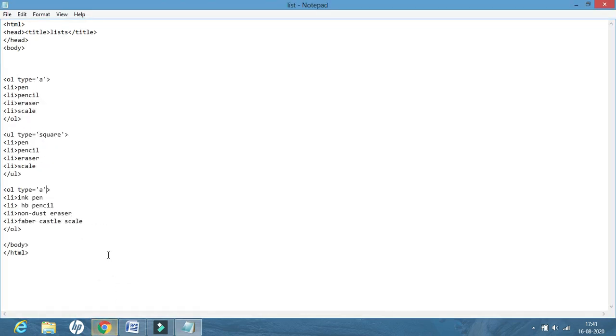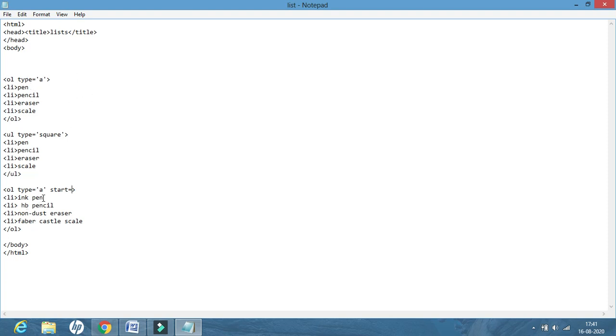So here I will take help of another attribute called start. So from where I want to start and what type I want to start. Both are necessary if you want to change the numbering system. Suppose I want it to be ABCD only, but I want to start from E. ABCD was already displayed for this list.